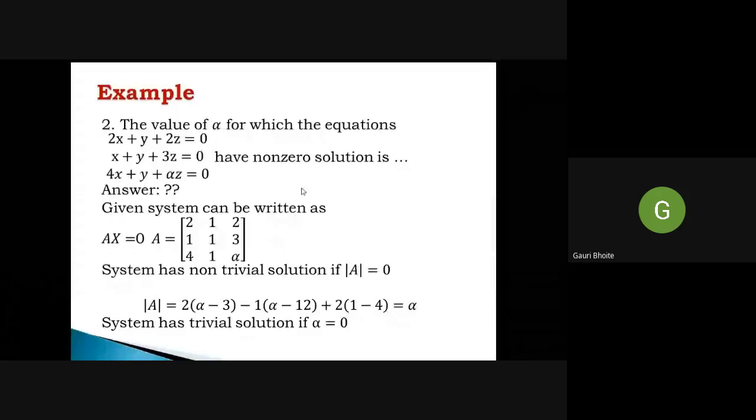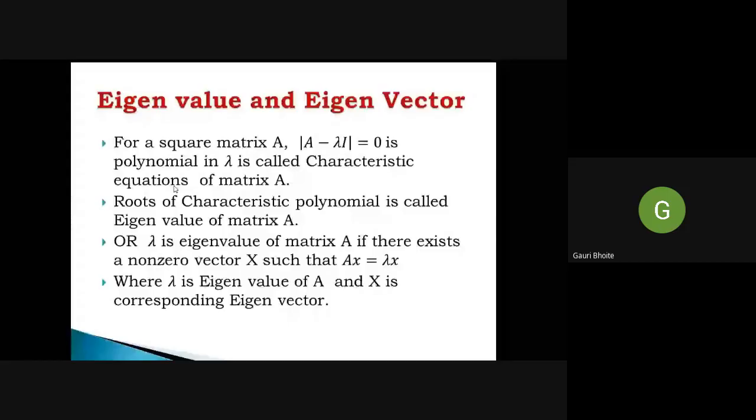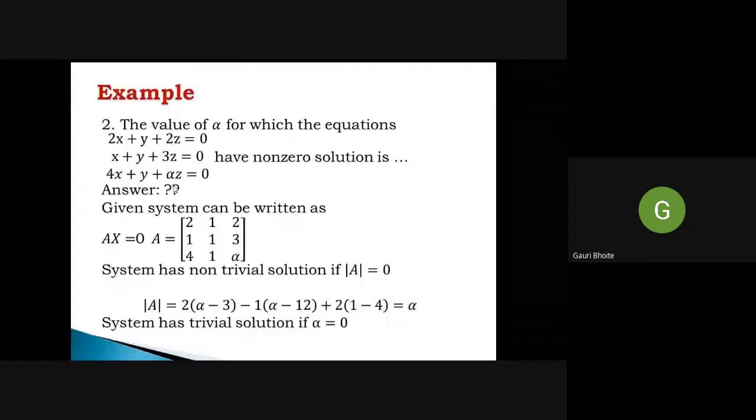So such questions are there. Very simple, we just have to find the coefficient matrix and equate its determinant to 0 for which value of the unknown. So such simple examples are there based on systems of linear equations. If we get time, we will discuss more examples, or you also come with examples on systems of linear equations. Okay, are you getting this?